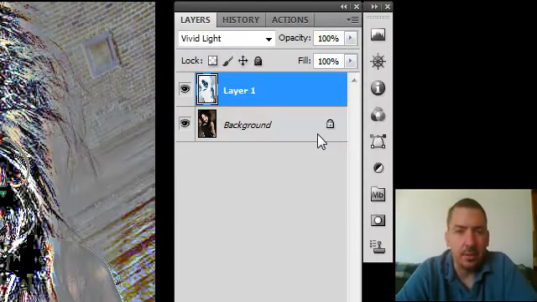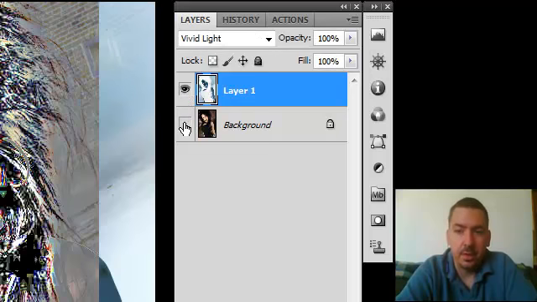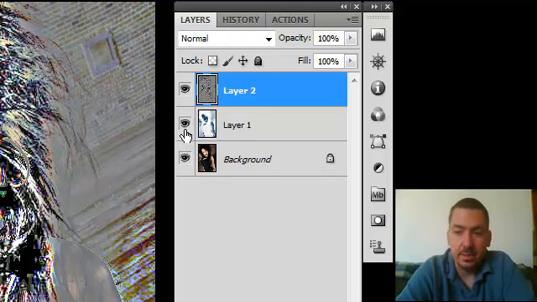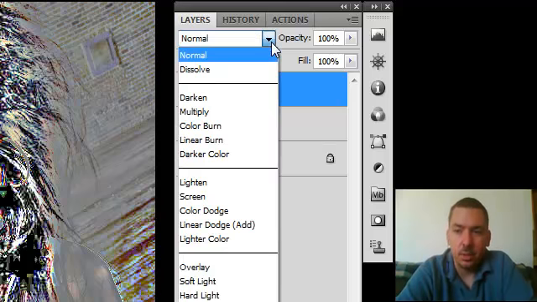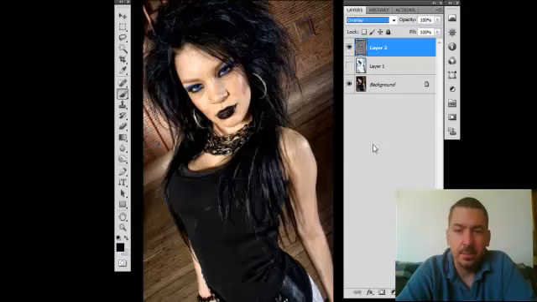And if it was a larger image, we'd have to go with a higher number to get the same type of effect. Okay, so now what we do is we combine these two layers, because once again that's a vivid light overlay. So if we got rid of the layer underneath, that's what it looks like. When we combine those layers, we see the result. So we're going to do Control Alt Shift E to combine every layer into a new one. And now what we basically have is the high pass filter that you may have used before, but it has a slightly different effect. We're going to now change the mode of this layer from normal to overlay,